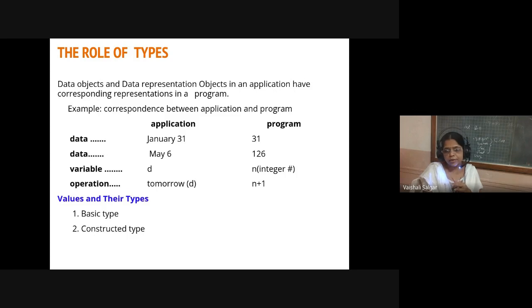Have you come across structures in C? No, ma'am. No, okay, no issues. So see, as we said, an array is nothing but a sequence of similar data type values, like integer or float. So when I say 10 integer values, the collection of those values will be referred to as an array, which indicates it is a homogeneous type.